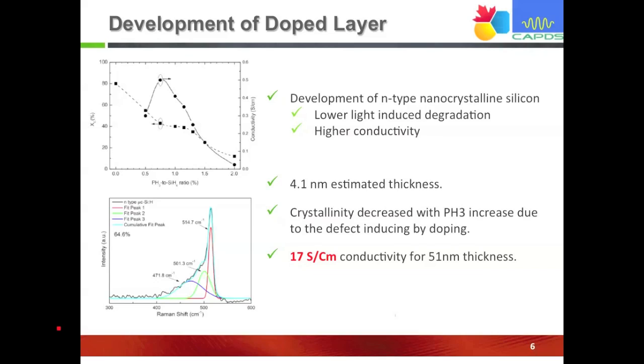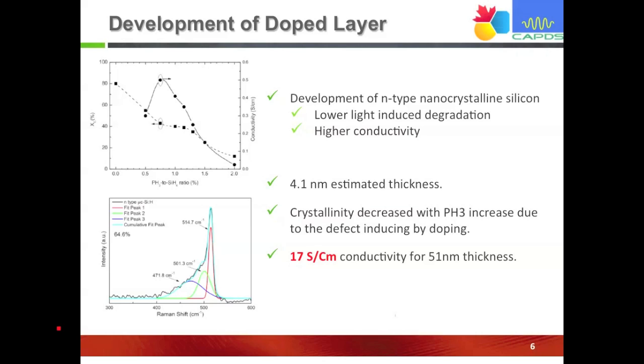efficiency of the layer. Right now, by controlling the ratio of the phosphine gas to the silane, we reach the maximum condition with respect to higher conductivity. And right now we have 17 S per cm conductivity for a 51 nanometer thickness layer, which is very good, and we don't actually have any problem. Here is the Raman spectroscopy for the developed layer,